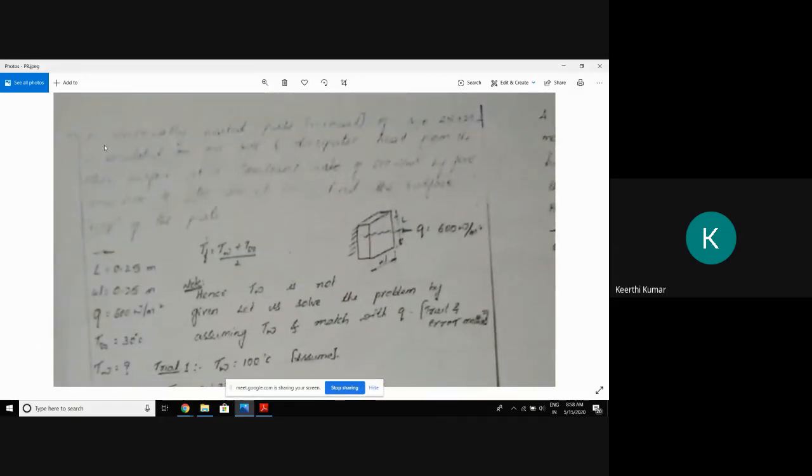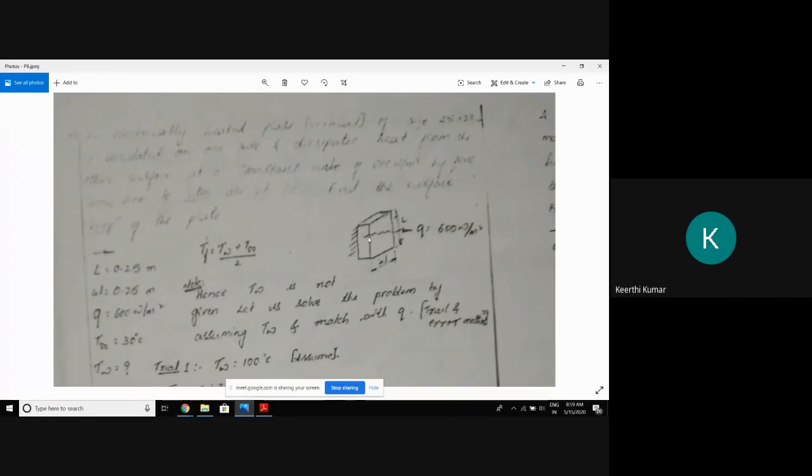See here, what is given? An electronically heated plate, vertical, of size 25 by 25 mm, is insulated on one side. That means, let us assume a plate of 25 by 25 mm. This plate is heated electronically, and one side of the plate is insulated. That means one side is completely insulated. There is no heat loss, so the heat passes only from the other side, and is dissipated from the other surface at a constant rate of 600 watt per meter square.